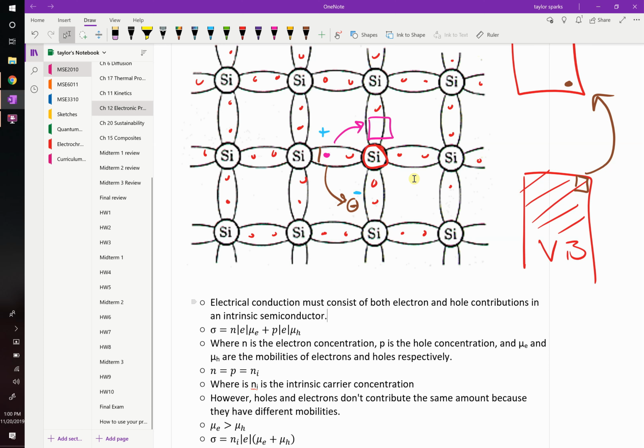Any questions? Yeah. So isn't that the mobility of the whole